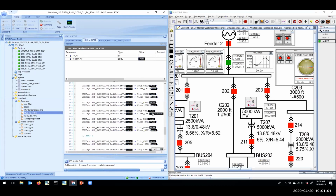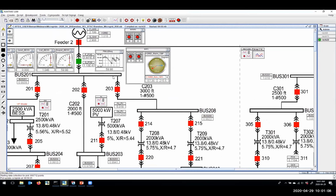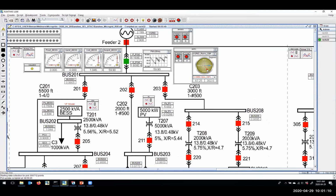So I'm going to issue the close command now. So I've issued the close command and you see the feeder breaker hasn't closed yet. Well, there's synchronization controls in this breaker that will only close once the two phasors have aligned. You see, once the phasors have aligned, the breaker closes and the battery is returned to the PQ mode of